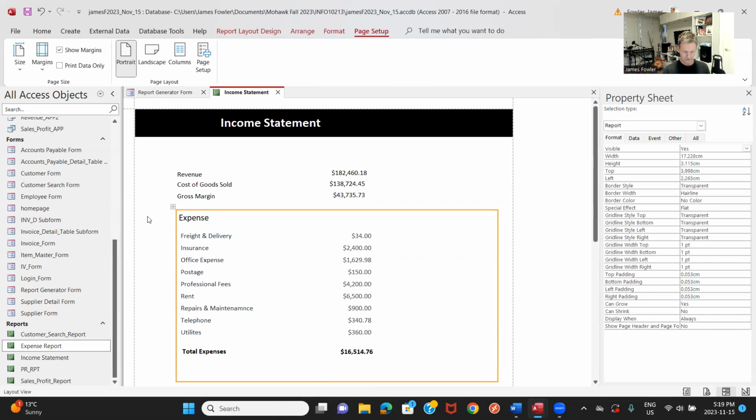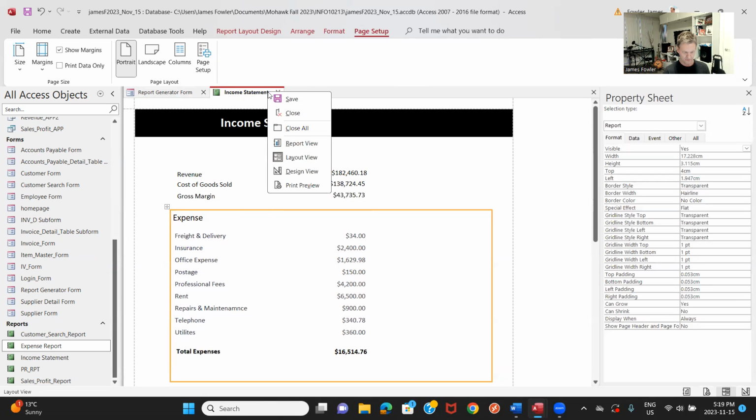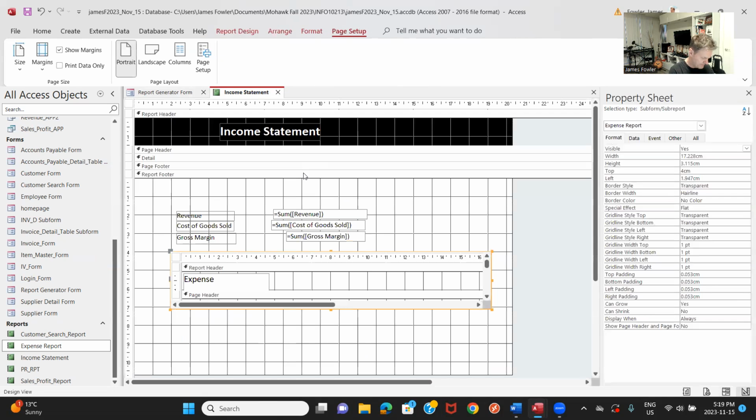Okay, that looks pretty good. Nudge it over. There we are. Okay, and let's save. And now let's go to design view. Okay, now what we're going to do is add a couple of fields in here